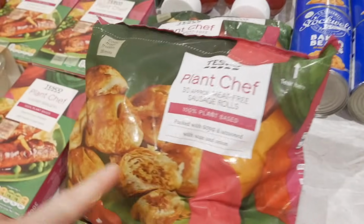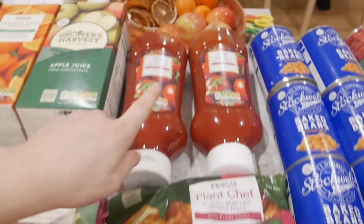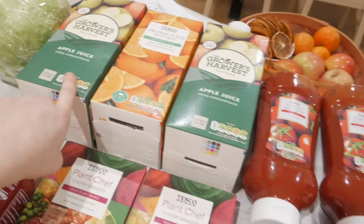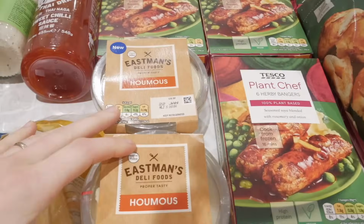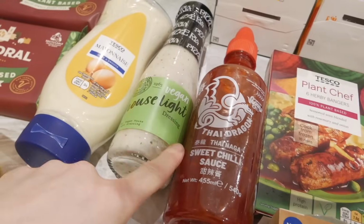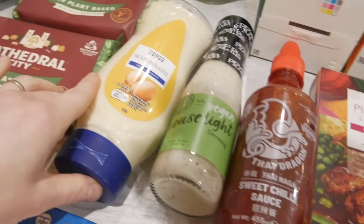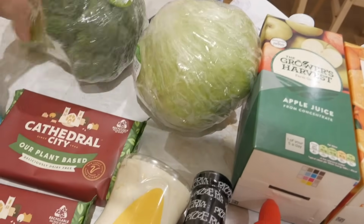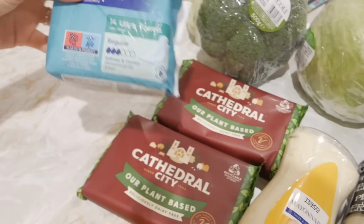Some jalapenos, some tomato chutney, chopped tomatoes, baked beans, tomato puree, some sweet corn, 4 packs of vegan sausage rolls, some ketchups, some orange juices and apple juices, 3 packs of veggie hot sausages, some hummus, some baby corn, some sweet chili sauce,